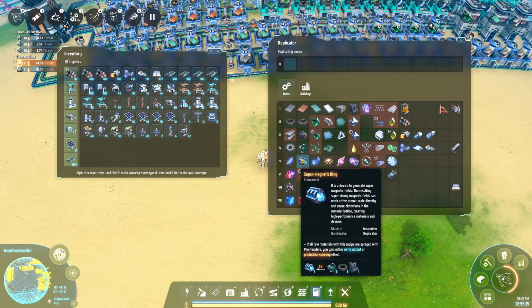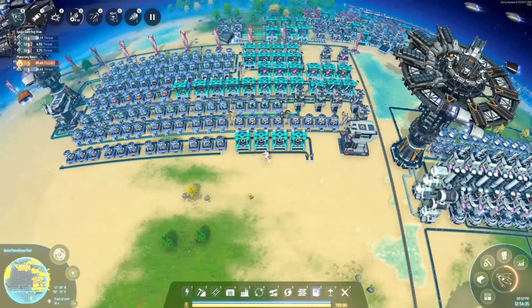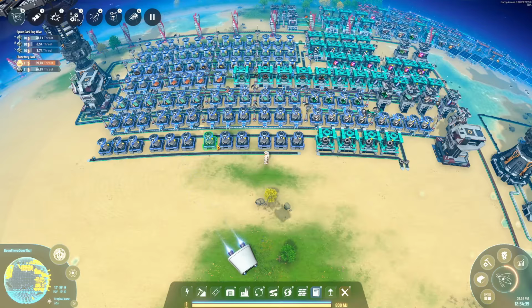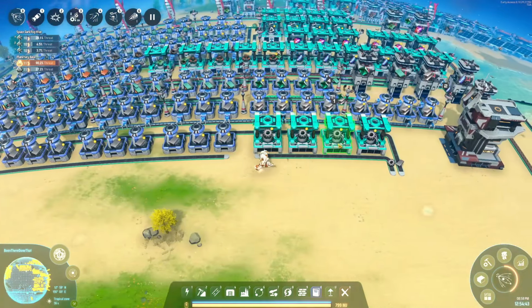However, what I want to do is make a nice clean build that takes advantage of the new Mark II assemblers that we have, and as it turns out, that's a really nice clean build, exactly like I wanted. So that's what I'm going to do. I'm going to go through this build a little quicker than in the previous one, because a lot of this we already did, but we're starting out again with the 12 smelters making iron,